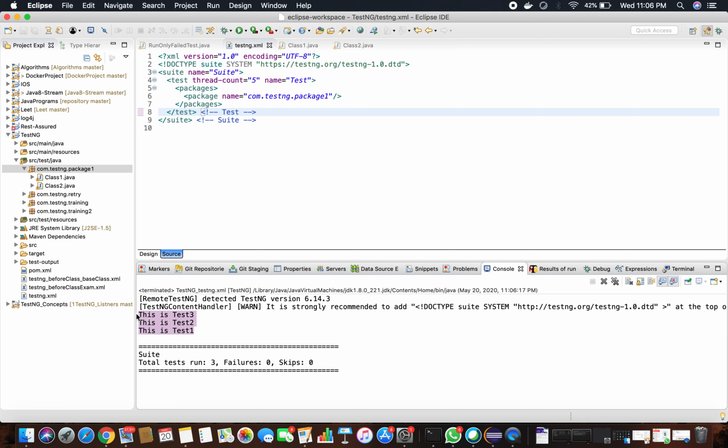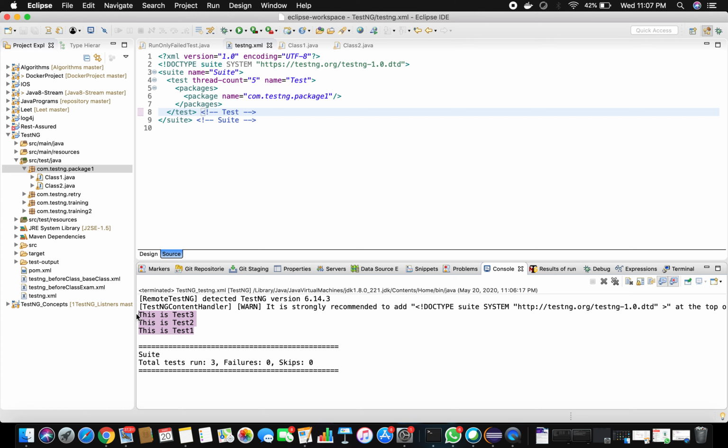And if you have more classes, you can avoid the maintenance work as your suite keeps growing. With the package, you can just simply provide the package name and all of the classes and the tests defined inside the classes under that particular package will execute. And there is one more advantage with the packages. Now we have seen the inner class.